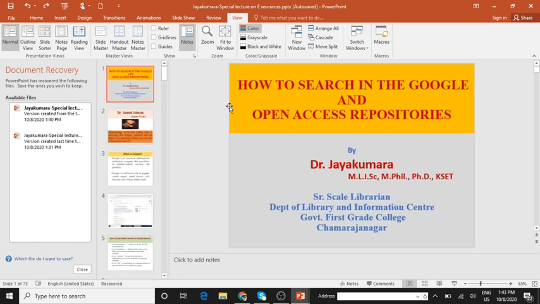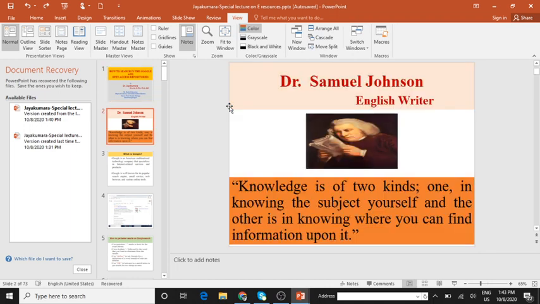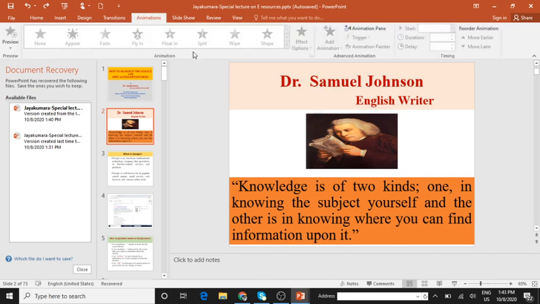Got it? The next one is applying animations. I think you will be more interested in this. Applying animation effects through custom animation. Animations are the movements applied to individual objects on a slide. There are 4 different kinds of animations: entrance effects, exit effect, emphasis, motion path. For entrance, for example, you can make an object fade gradually into focus, fly onto the slide from an edge, or bounce into view.